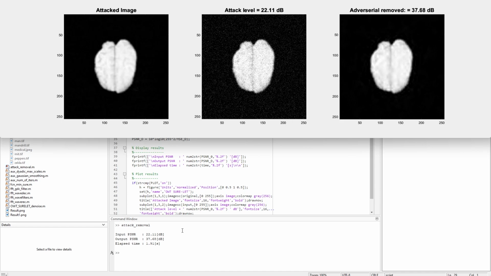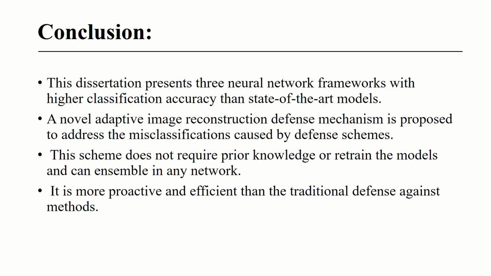To summarize, our method effectively removes adversarial distortion from medical images while preserving important details. This ensures more reliable AI-based diagnosis and enhances security in medical imaging applications. This discussion presents three neural network frameworks with higher classification accuracy than state-of-the-art models.